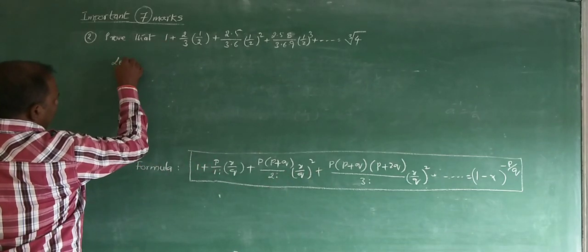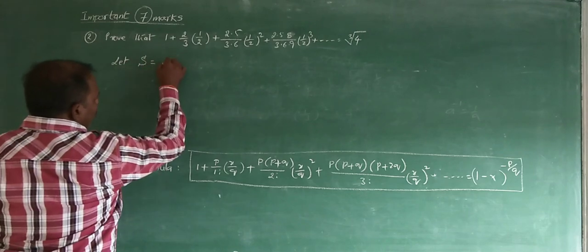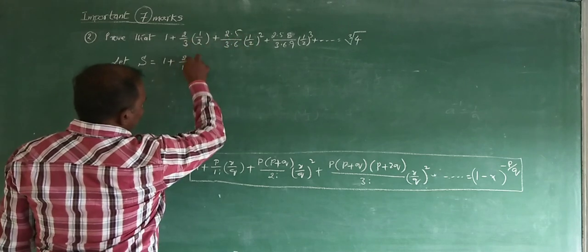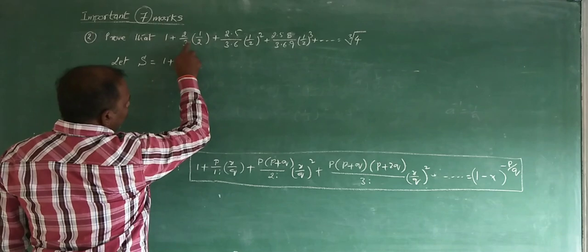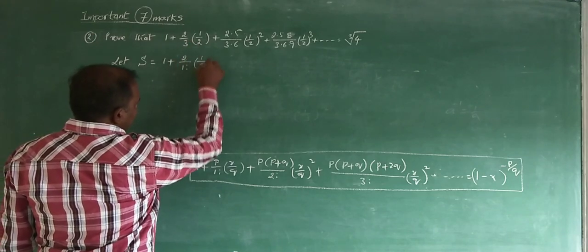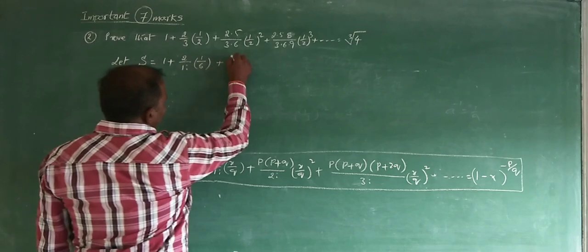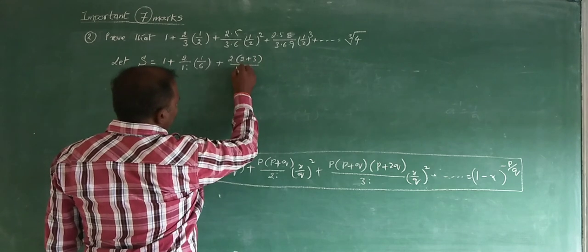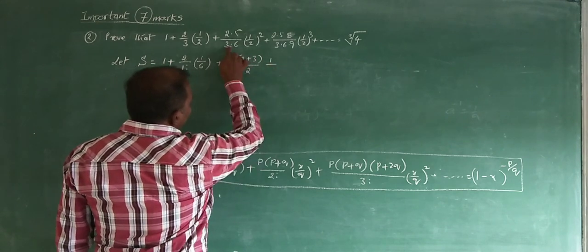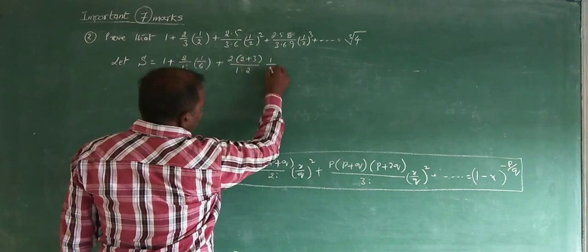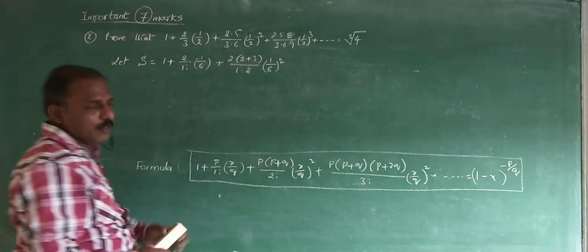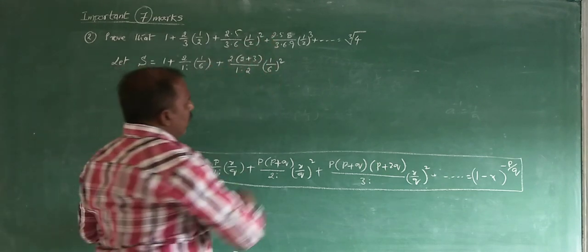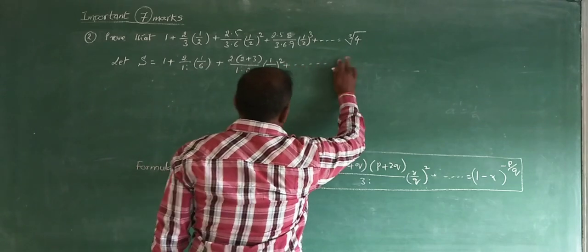So I consider s as 1 plus 2 by 1 factorial, the first term is 2 by 1 factorial, and I take this 3 with this, 1 by 6. Right, next: 2 into 5, by 3 into 1, 3 into 2 by 1 by 6 whole square, and 3 into 3, 9. I can write it as 1 by 6 whole square, where 9 can be written as 3 square, 3 into 2 whole square. And then this can be written in the same manner.